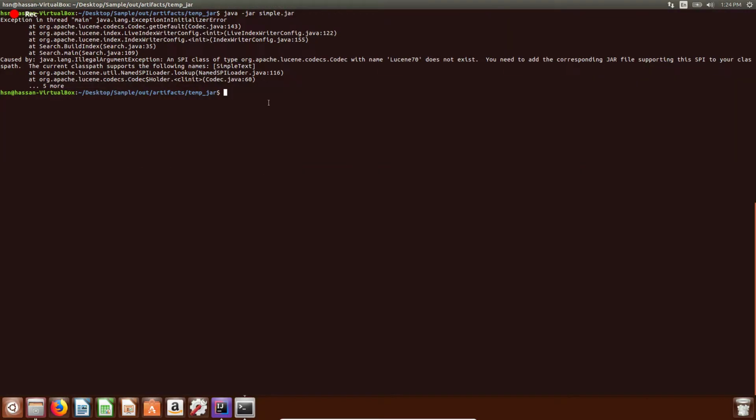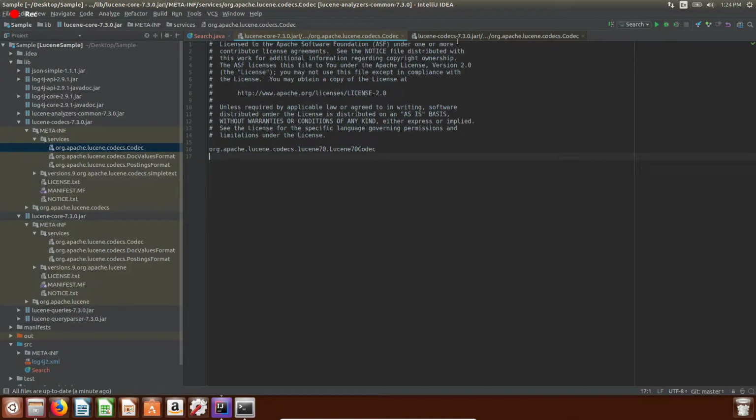That's why there's an error thrown here. So it's being replaced, I guess. Maybe it's being replaced by this one, or just this file is missing. So in order to solve this issue,